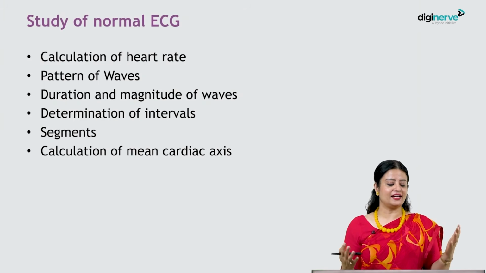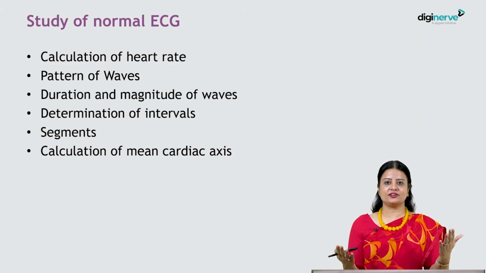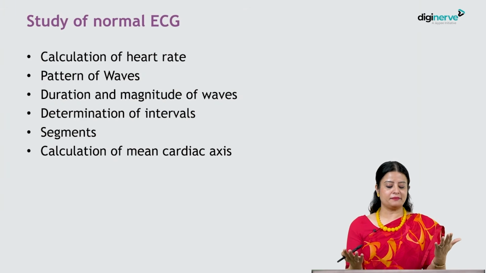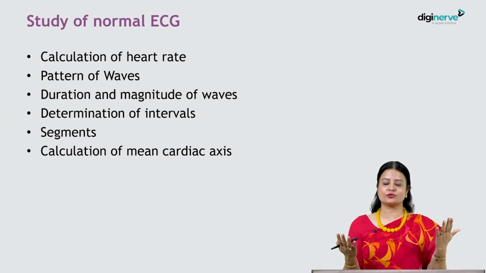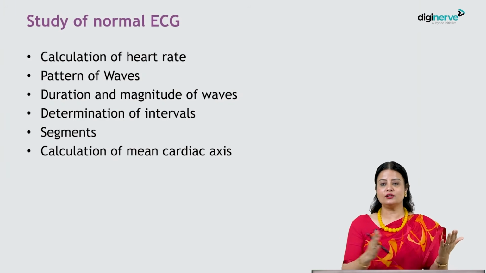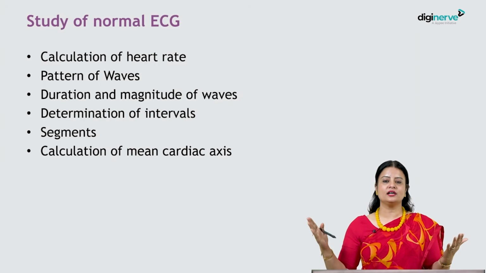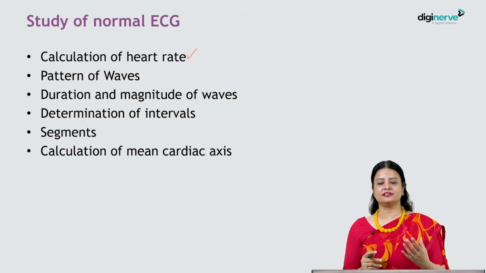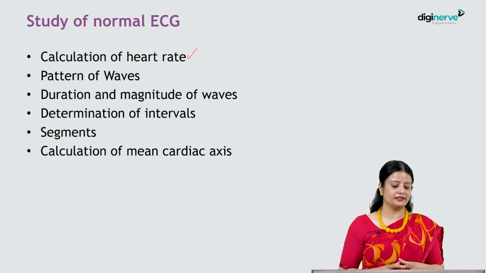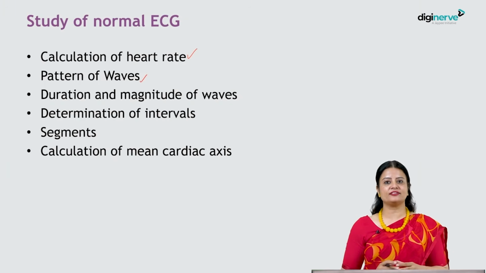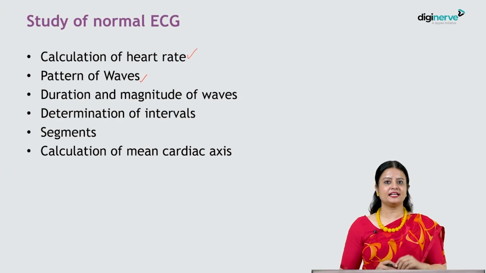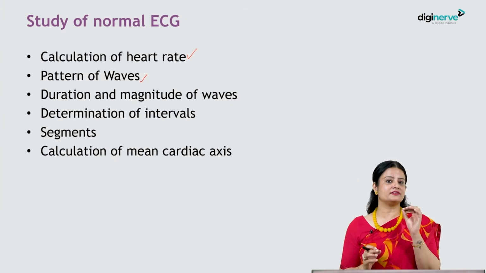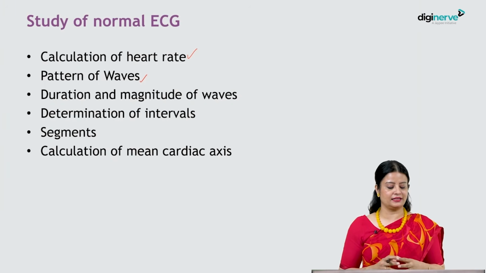So when you have a record of ECG in your hand, what should you be looking at? So you have this paper in your hand. The first thing, you just quickly observe whether it looks like a regular normal rhythm or not. And then you calculate the RR interval and you calculate the heart rate. And then you see the pattern of waves in each of these leads, that whether the pattern is normal or there is some reversal or some abnormality in that.